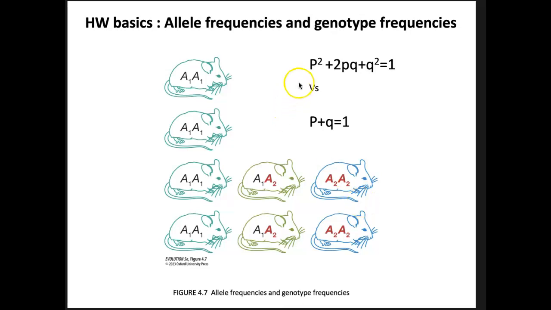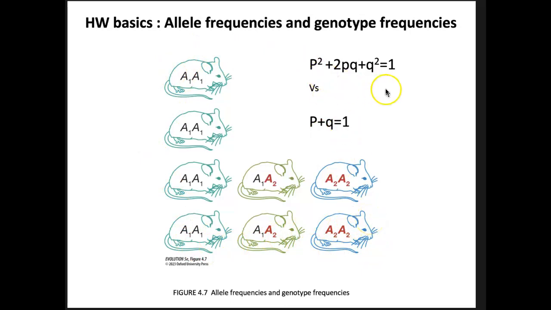Okay, just as a reminder, Hardy-Weinberg, which is the bookkeeping of population genetics, uses two formulas to do that bookkeeping. The formula at the top, p squared plus 2pq plus q squared equals 1, is really talking about populations. In this formula, we're interested in individuals and their genotypes. And I'm going to use the mice here as our population,